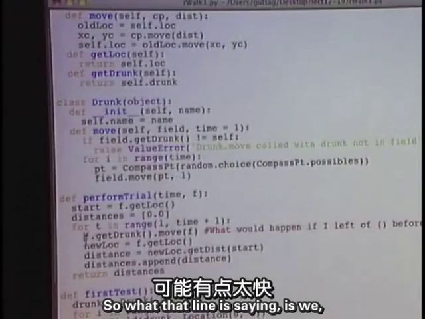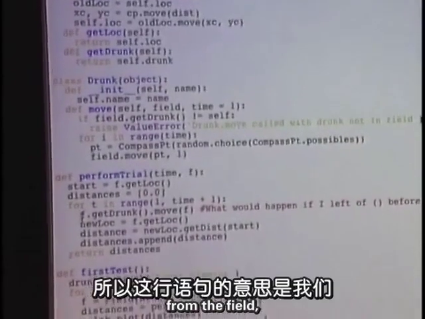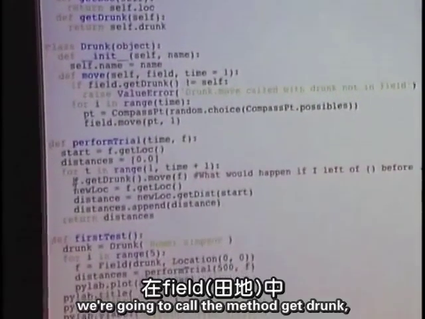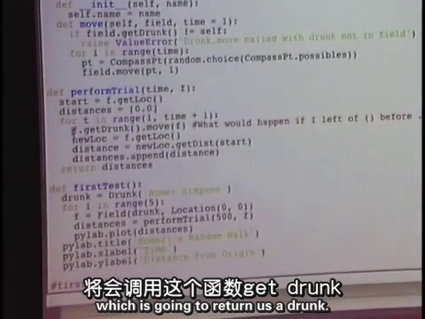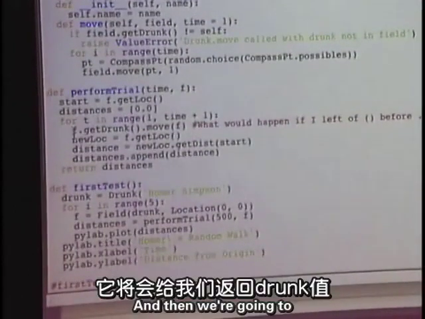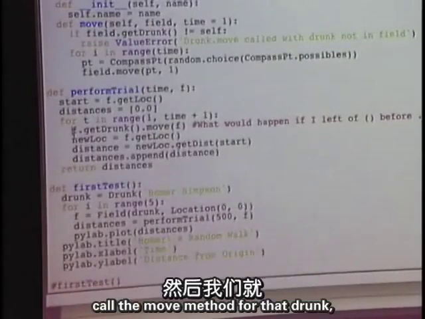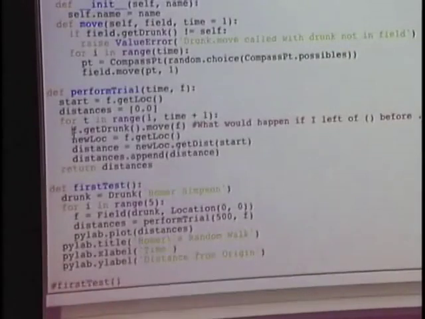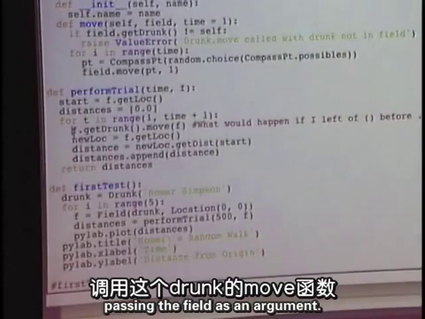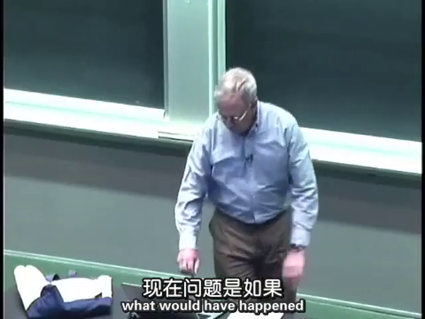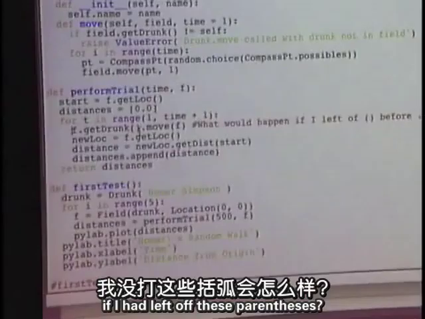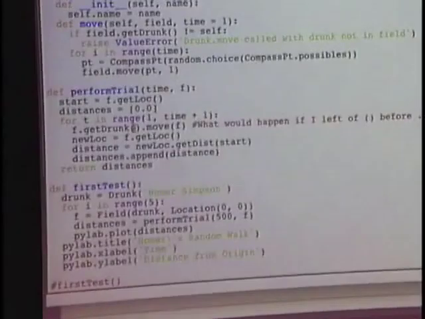So what that line is saying is from the field, we're going to call the method getDrunk, which is going to return us a drunk. And then we're going to call the move method for that drunk, passing the field as an argument. Now the question is, what would have happened if I had left off these parentheses?